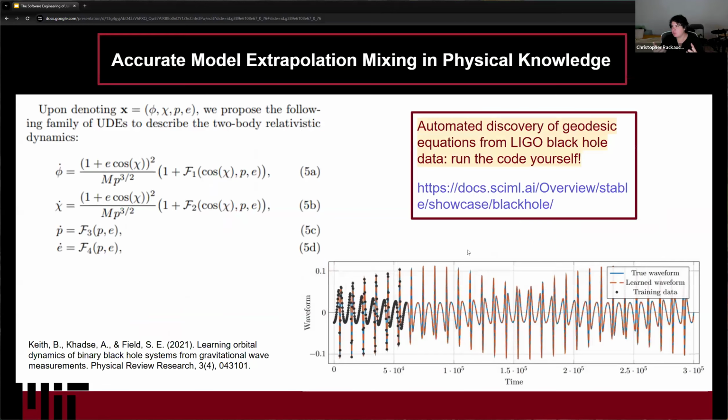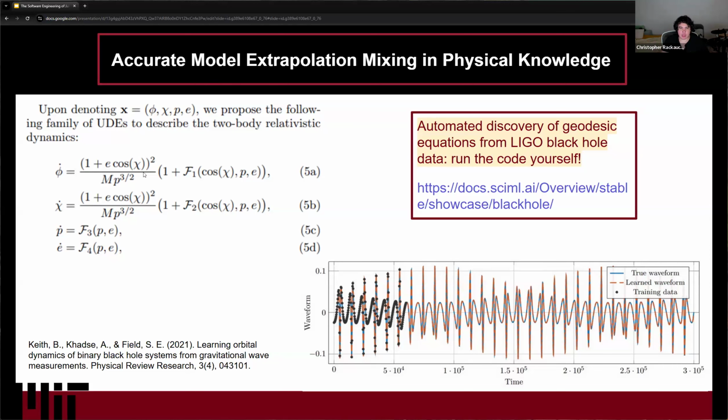And so what tends to happen, one of the things that you'll see from the SciML community, is something like this, what I'm showing here, which is the accurate extrapolation from the knowledge that we know. Here, what I'm showing you is a case where you have a binary black hole system, so there are two black holes moving around each other. It's a two-body problem, but black holes are rather large, right? So you can't really just assume Newtonian mechanics. You need general relativity, but let's just assume Newtonian mechanics,